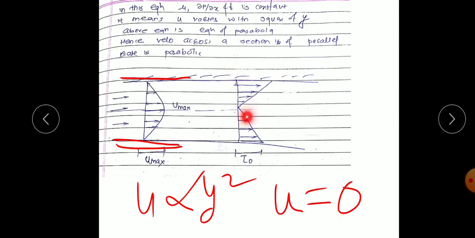The shear stress will be maximum nearer to the plates, and at the center it is very small or zero, and it goes on increasing toward the walls. This is because the plate offers resistance to the flow, so there is more shear resistance at the walls. This is the shear stress distribution for fixed parallel plates.